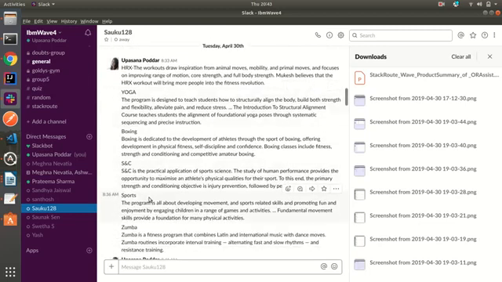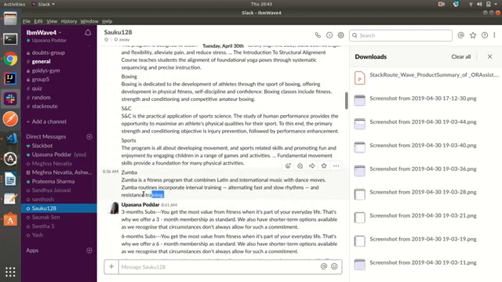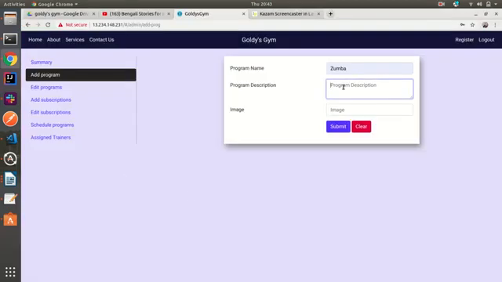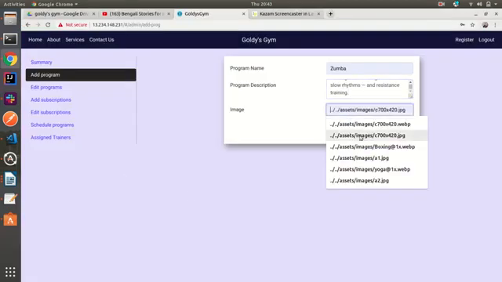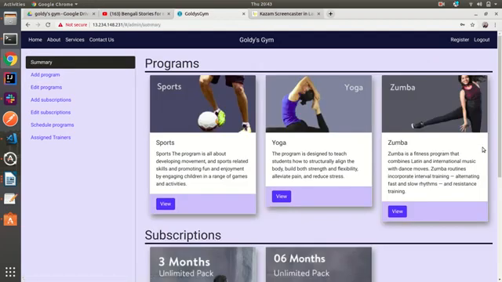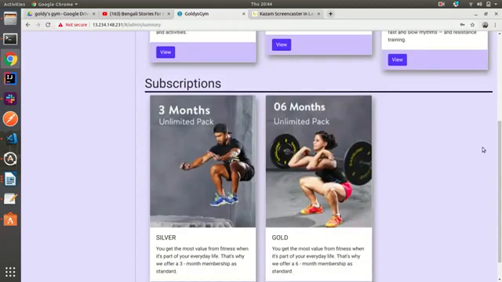Okay, I am copying this description from here. Then I am clicking the submit button, and let's see what happens. Yeah, the Zumba program has been added in the summary view.